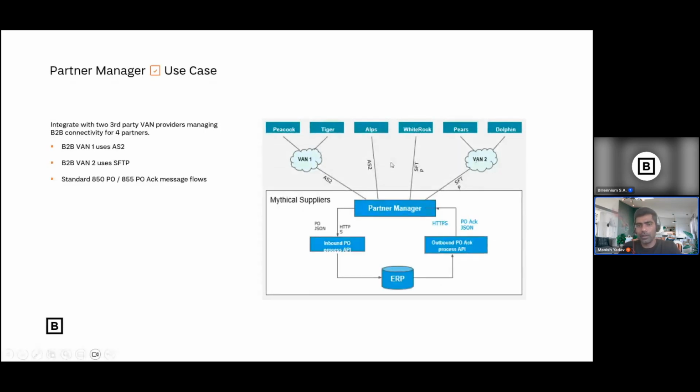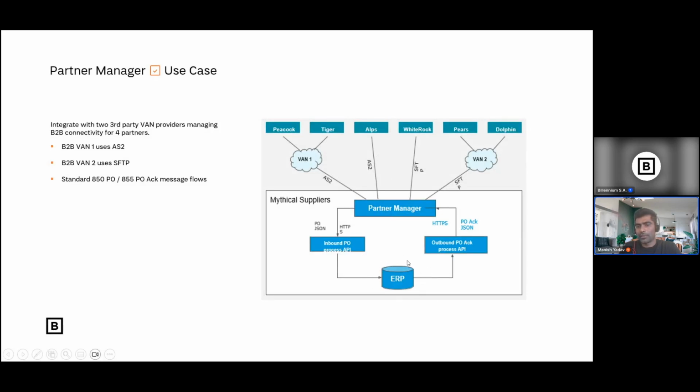Once you receive the purchase order from someone who is submitting an order for an iPhone, it will come to the partner manager. The partner manager will convert the EDI format or purchase order format to your ERP format.